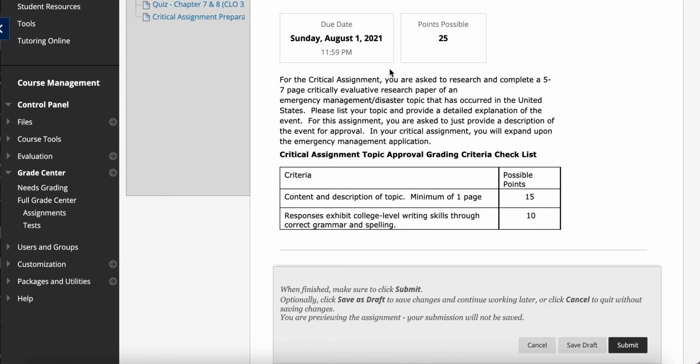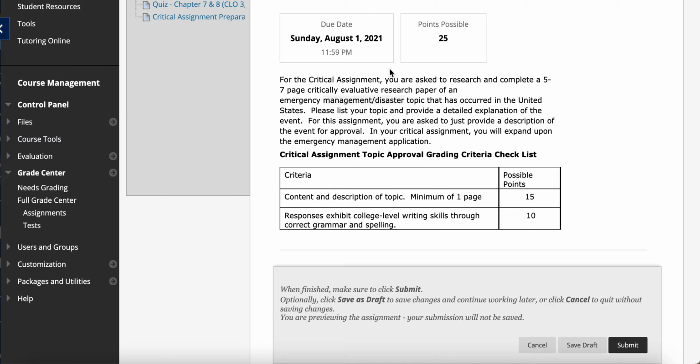Critical assignment topic approval criteria: content and description of the topic, minimum of 1 page, 15 points; college level writing, 10 additional points. So when we're thinking of our critical assignment, you're going to need to take a disaster that you can evaluate for your critical assignment. So try to choose one that you have some interest in. This is going to be a critical assignment that you're going to put a little bit of work in. So if it's something that maybe relates to your job field or something that you can readily find information on,